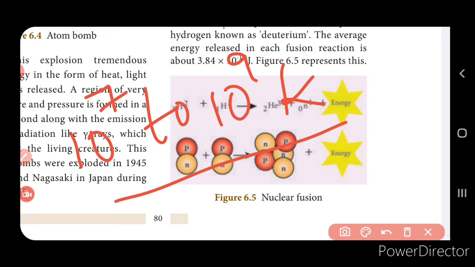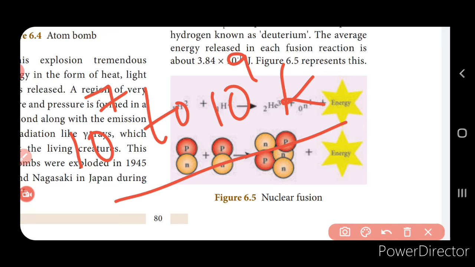Now if you see the energy produced in the stars, that is also a fusion reaction. The stars, like the sun, emit a large amount of energy in the form of light and heat, right? And this energy is called stellar energy, right? All these stars contain a large amount of hydrogen gas. The surface temperature of the sun, or a star, is very high, which is very necessary, isn't it? This is the condition that is required for the fusion reaction to take place.